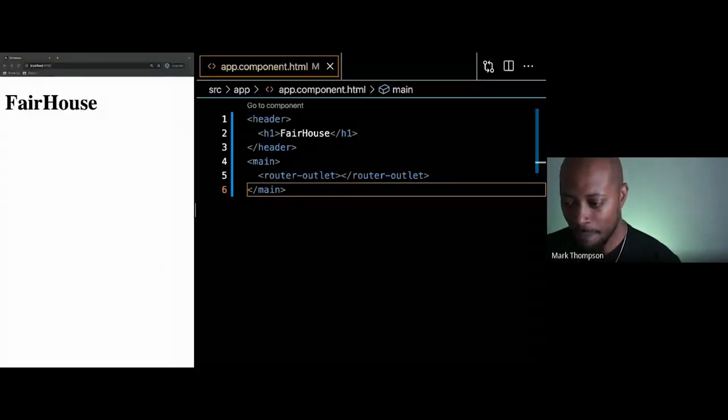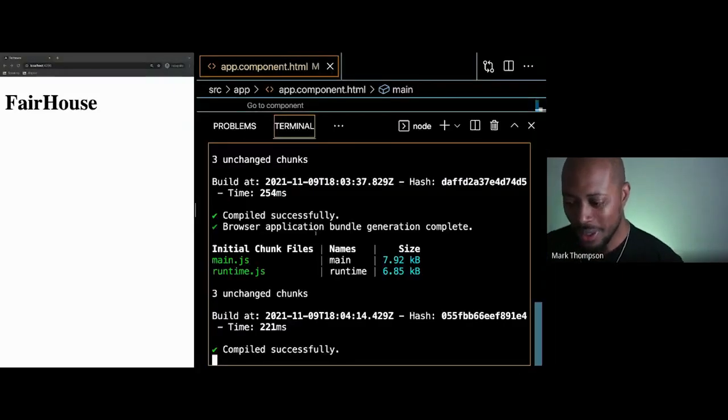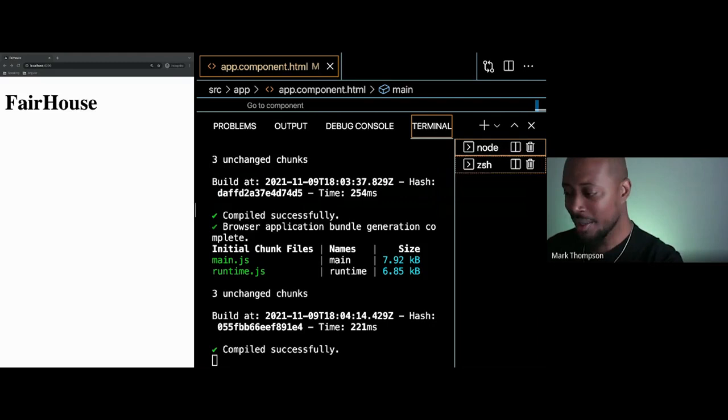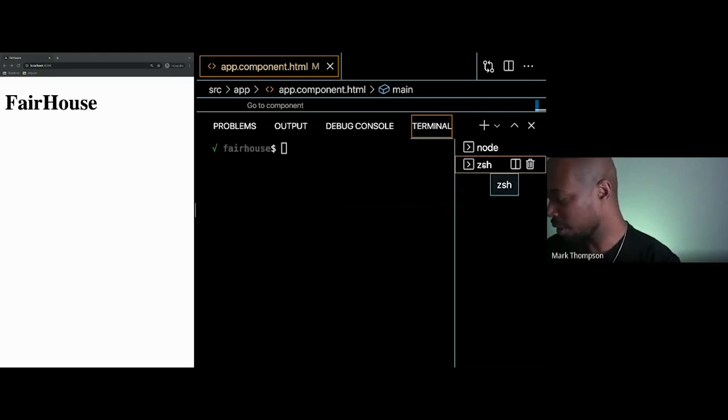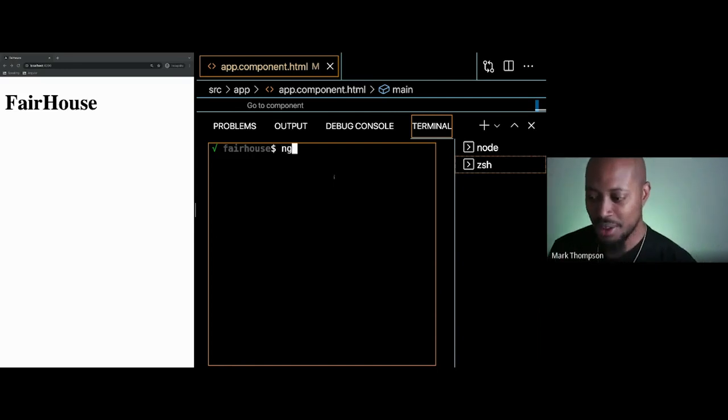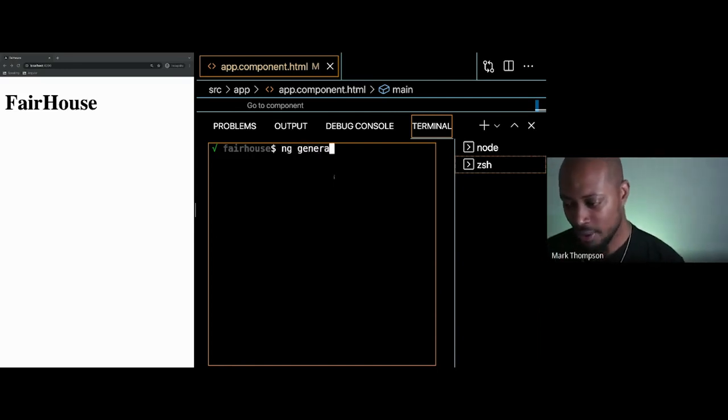Okay, so now here's what we're going to do. We need to create that component, and let me show you how we can do that. I'm going to open a second tab in my terminal, so I have two. I have the one with our server running, and then I have this one, where I can just type in commands. We're going to use ng generate